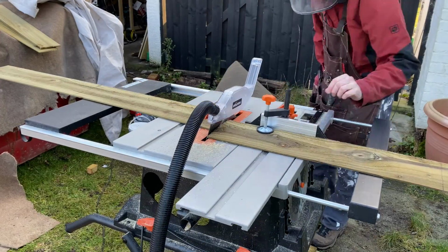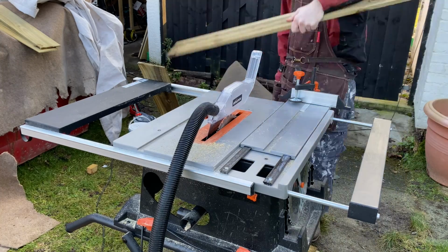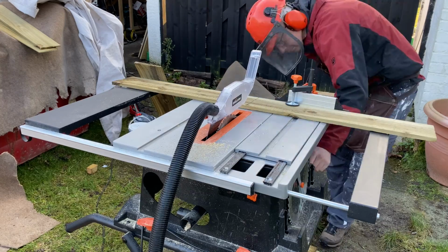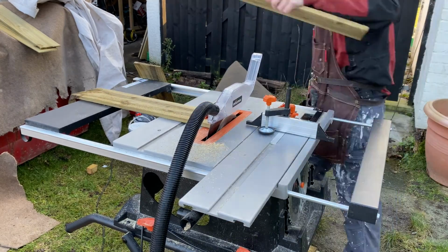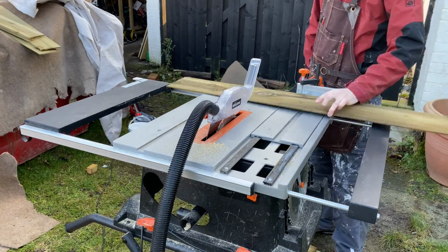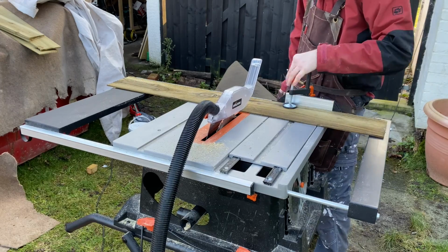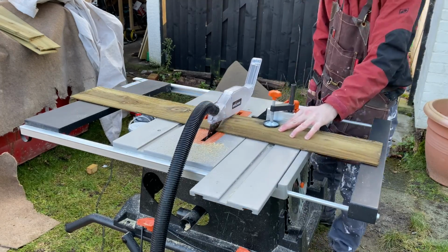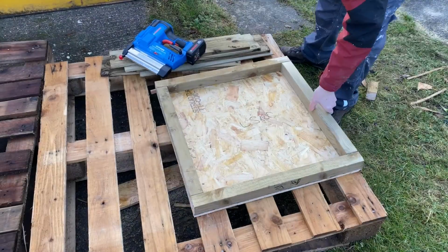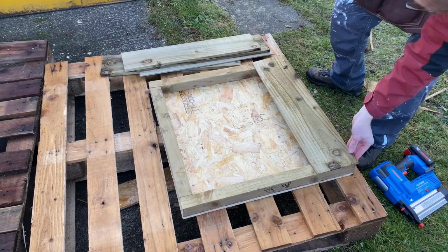We're moving on to the cladding now. For this project I was just using featherboards because, basically, they're cheap, and I wasn't sure how the project was going to progress, so I wanted to use something cheap to start off with. If I go on to any future projects using the same construction methods, I might look at something a little bit fancier or more long term in terms of the cladding. So I was just cutting it to size, in this case the side pieces, and lining up,